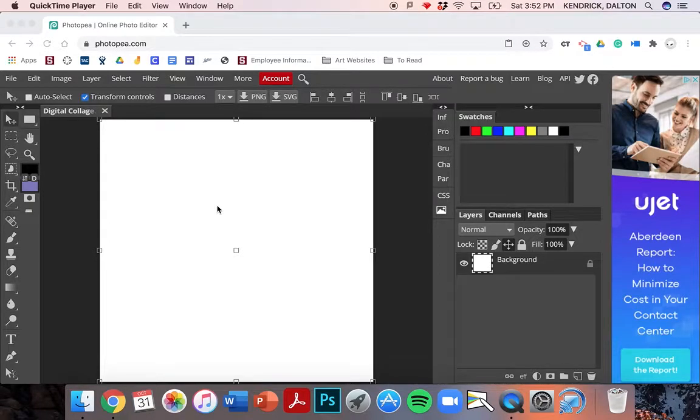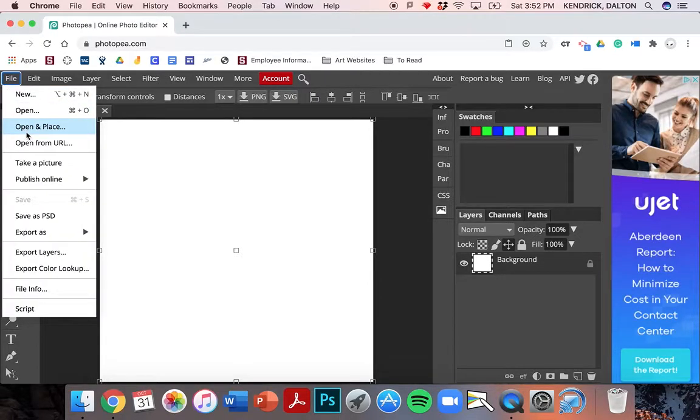After you have set up your document for your digital collage, you're going to want to begin to add the images together that you can edit and collage. To do that, you're going to go to File, and you're going to want to click on Open in Place. The reason why we want to use Open in Place is because it will allow us to place those images